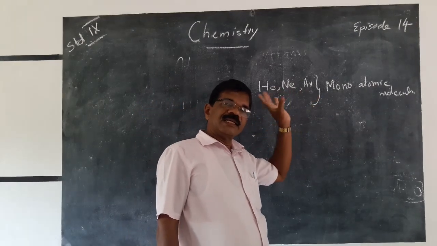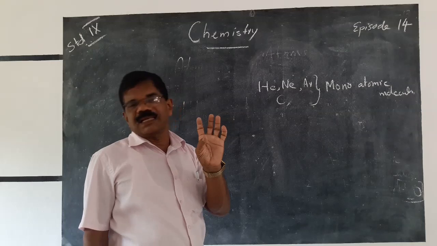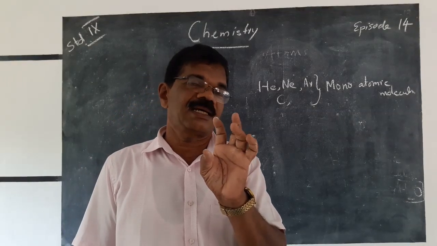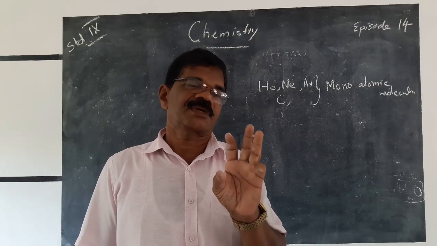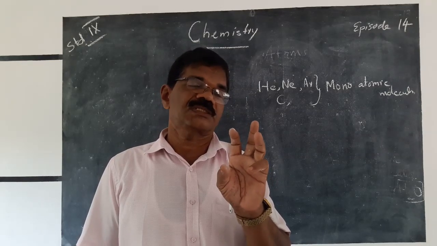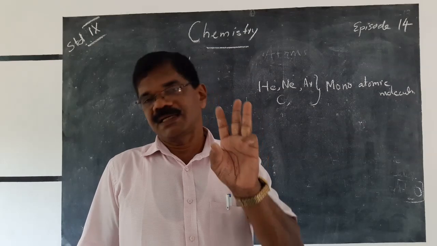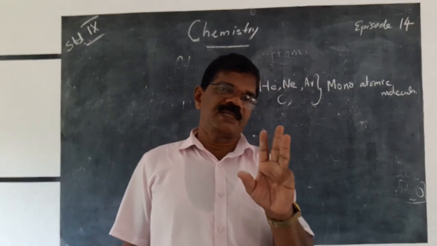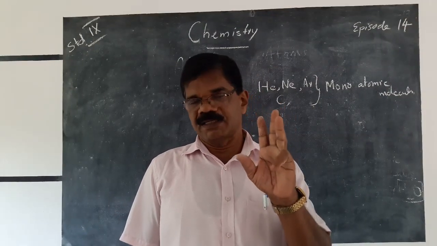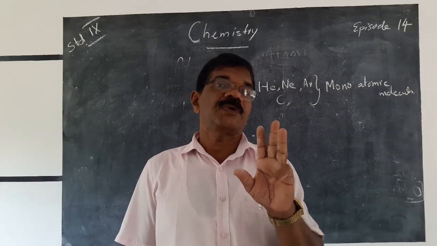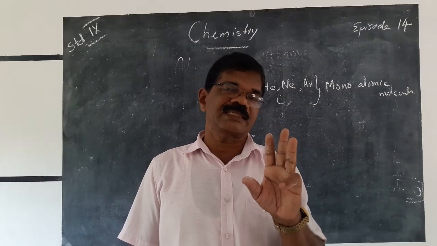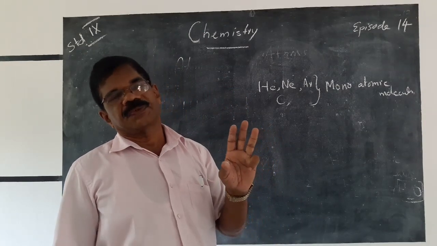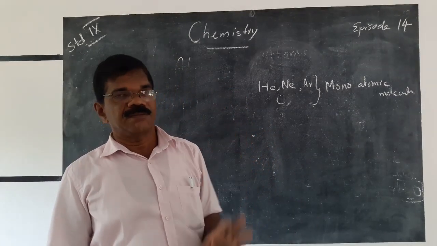I said to you that in certain kinds of elements, the atoms can also exist in the independent state. For example, the inert gases. They can exist as atoms. The atom itself shows the properties of the element, and it can exist in the independent state. So it is called a monoatomic molecule. Inert gases and certain elements like carbon, sodium, etc., are called monoatomic. But many other